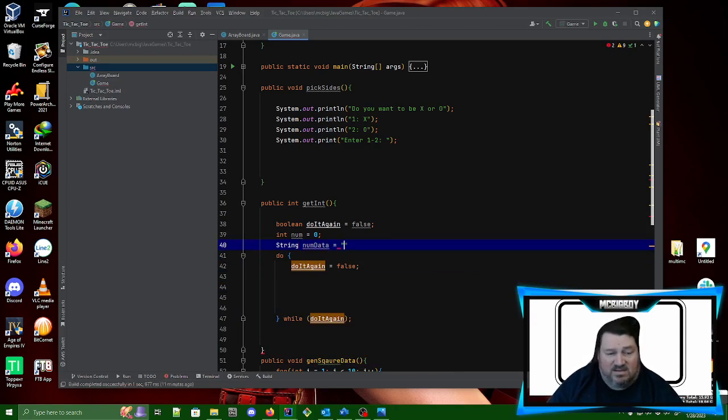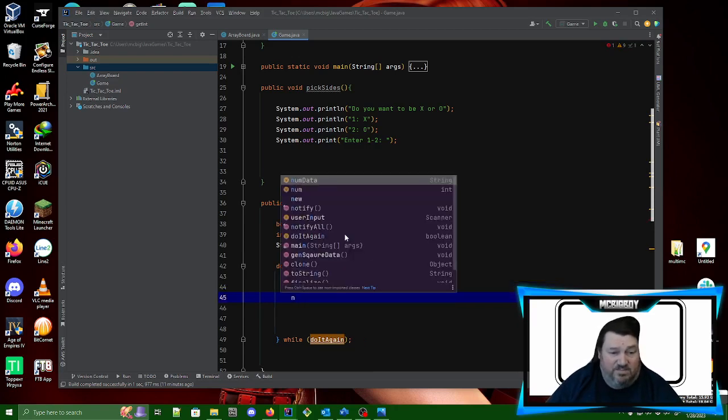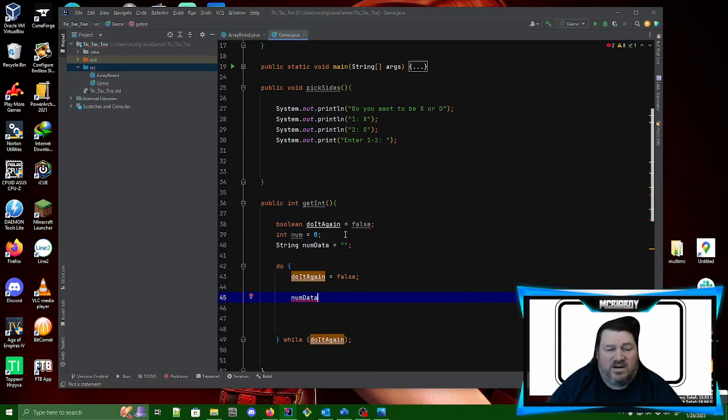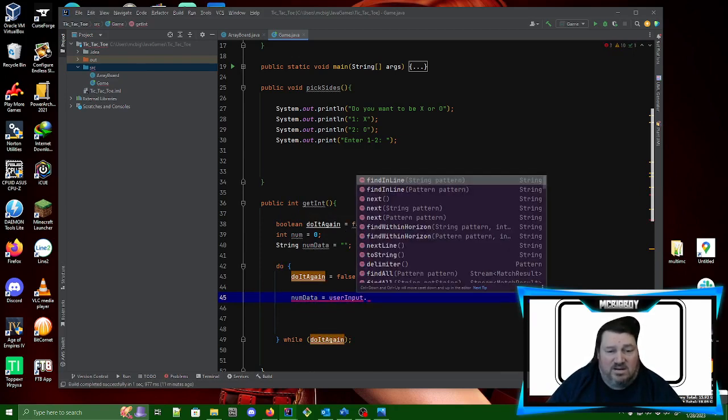And we're going to set that to just a blank screen here. And so let's pull our data. So we're going to ask for the data. Now we're not putting any questions in here because we'll do that whenever we're actually requesting it. And so user input next